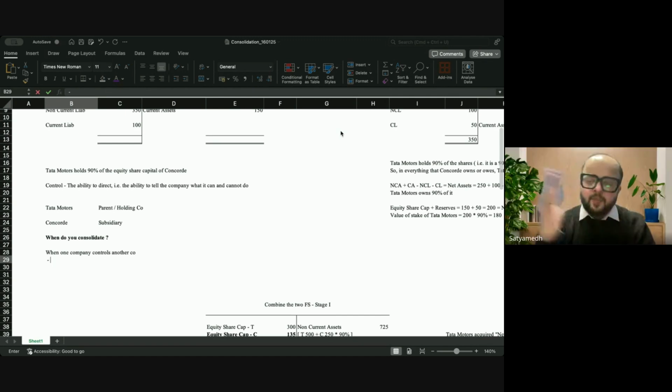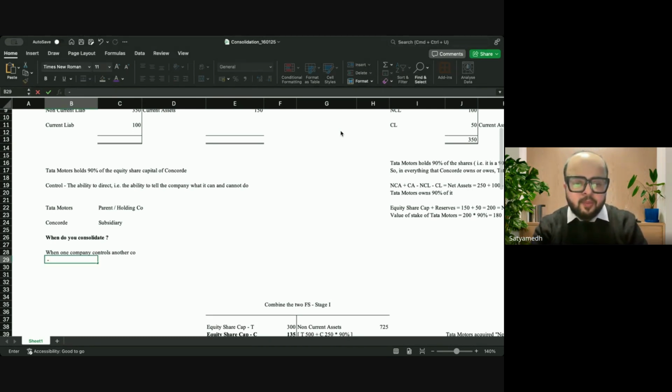So, when one company controls another company, you would say that now is the time to consolidate, because my assets are my assets, but one share of their assets also belongs to me. My assets are my assets, their assets are also my assets, but not all of them, only a part of them. So when one company controls another company, that is, one company holds more than 50% of the ordinary shares